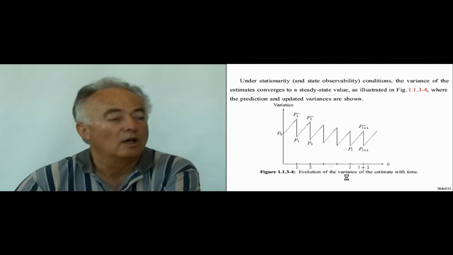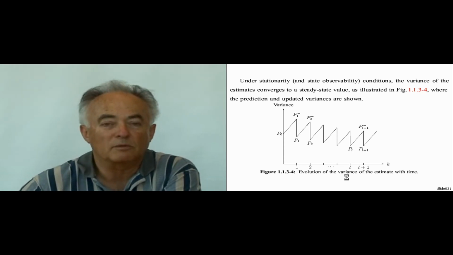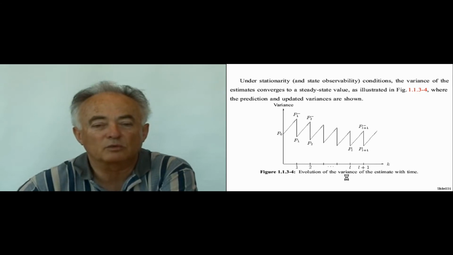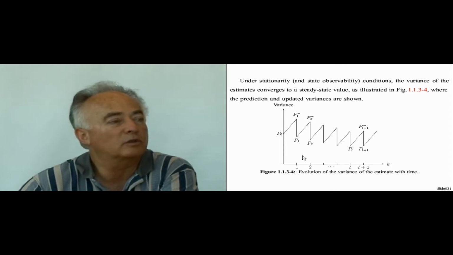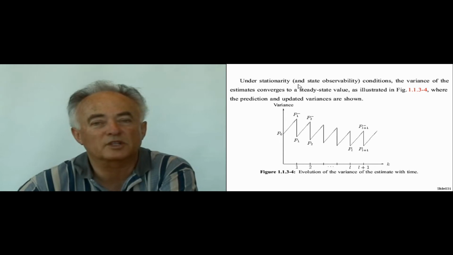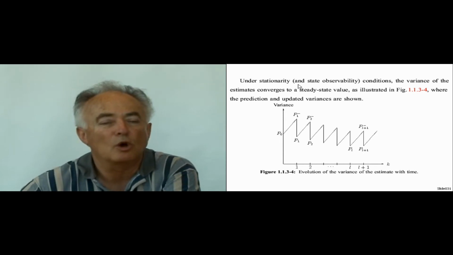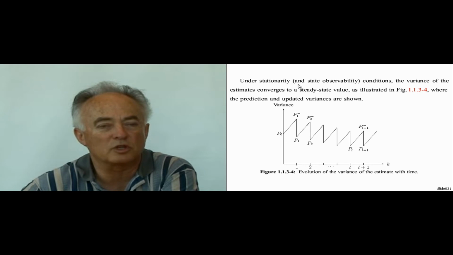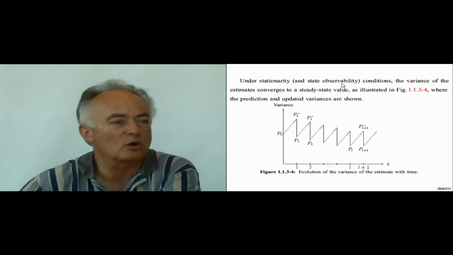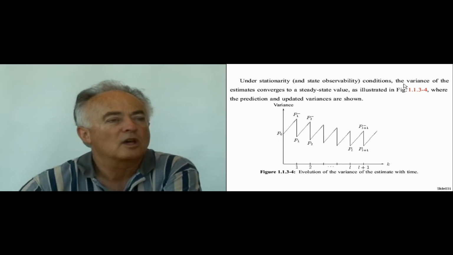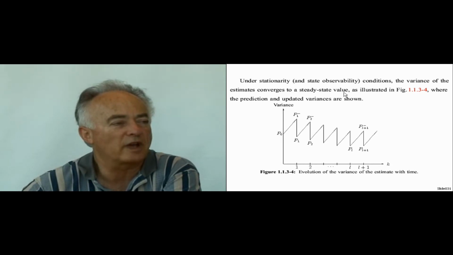Now, the covariance obviously has a detailed calculation with some matrix expressions we'll see later, but what is of interest now, again, is to get a qualitative feel for the way in which we extract information about both position and velocity using, in this case, only position observations. Under stationarity and state observability conditions, the variance of the estimates will converge to a steady state value,